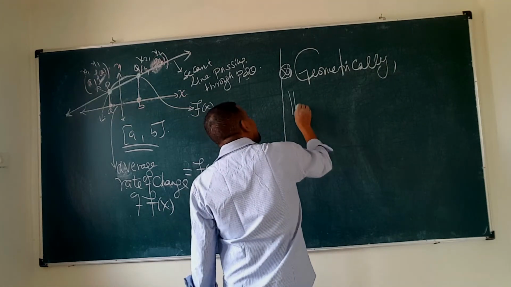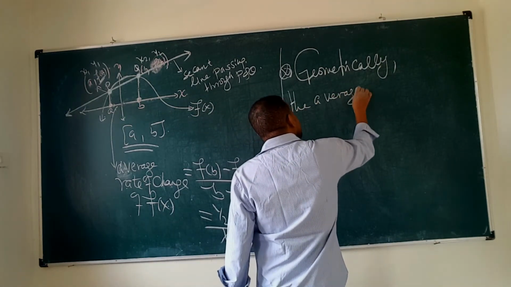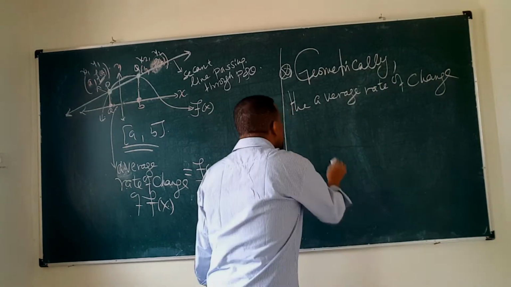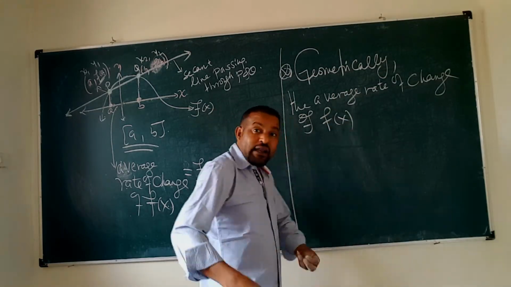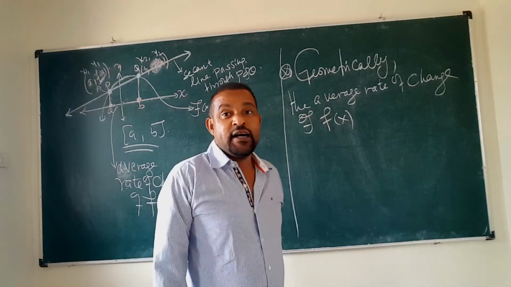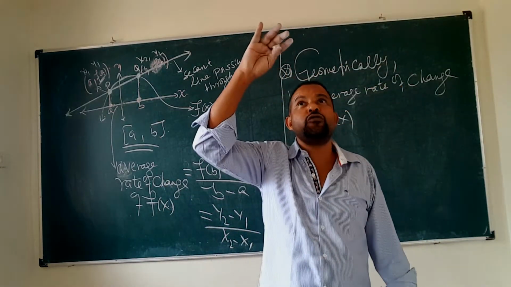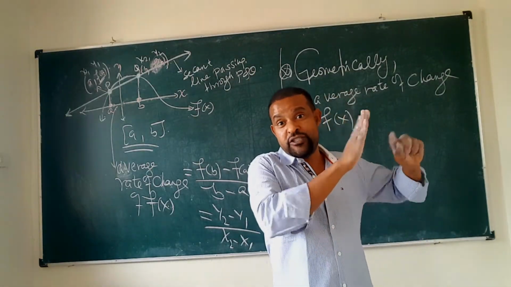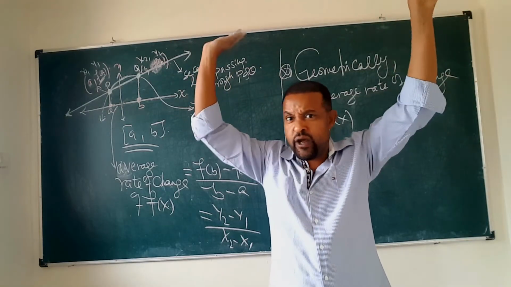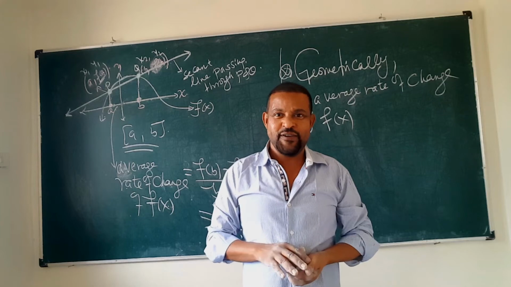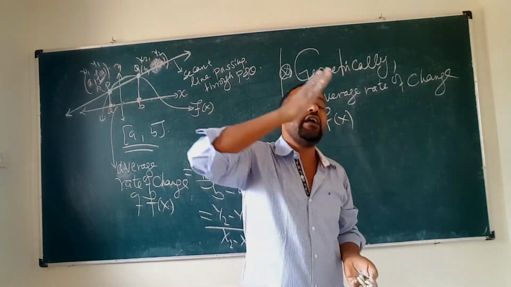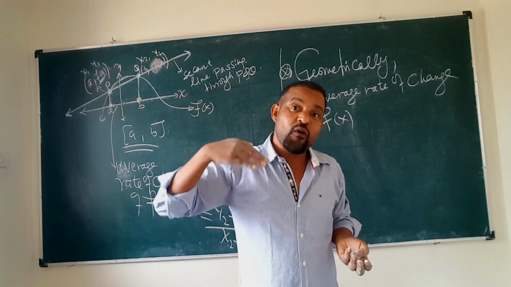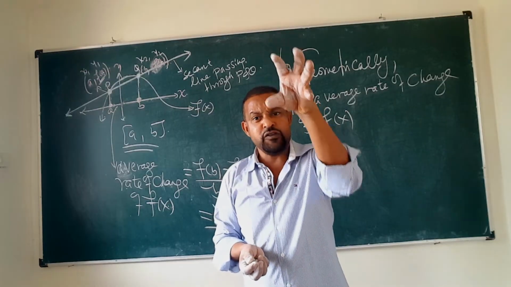Geometrically, this average rate of change of f of x, that is y, let me say it so you understand well. Earlier, in general, the rate of change is a rate that shows how one quantity changes with respect to another quantity. That is general, it goes with economics, physics, and so on. But now the ground is mathematics. So we divided rate of change into average rate of change and instantaneous rate of change, both given a mathematical ground. So the average rate of change of y or f of x is the rate of change of y with respect to x,